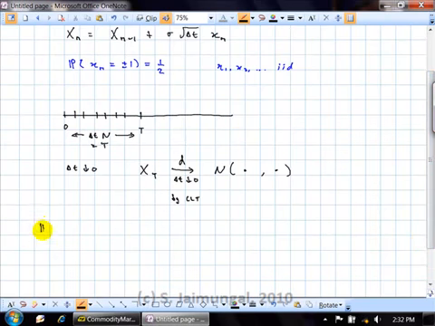And so we can figure out the mean fairly easily. Well, the mean of each one of the x's is 0, because each one of the little x's is Bernoulli plus or minus 1, probability half, so the means are 0. So if I take any sum of them, I will also have 0. So the mean is 0, so that's easy. We can fill that in now. And the variance,